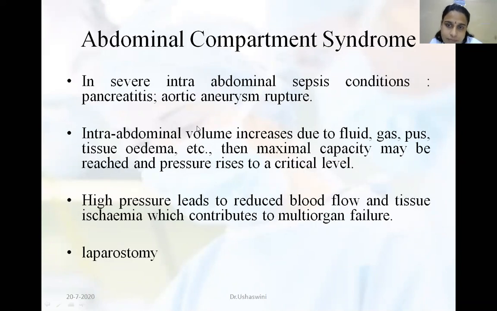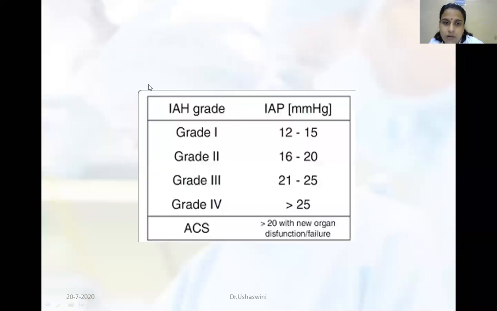Okay. Now, what is this abdominal compartment syndrome? Anywhere you see compartment syndrome is where you have high pressures, more than the normal values. I told you 16 is the higher end. When we have the intra-abdominal pressure between 12 to 15, we can grade it as grade 1 intra-abdominal hypertension. Grade 2 is between 16 to 20 millimeters of mercury. Grade 3 is between 21 to 25 millimeters of mercury. And when it is grade 4, greater than 25, it turns out to be acute